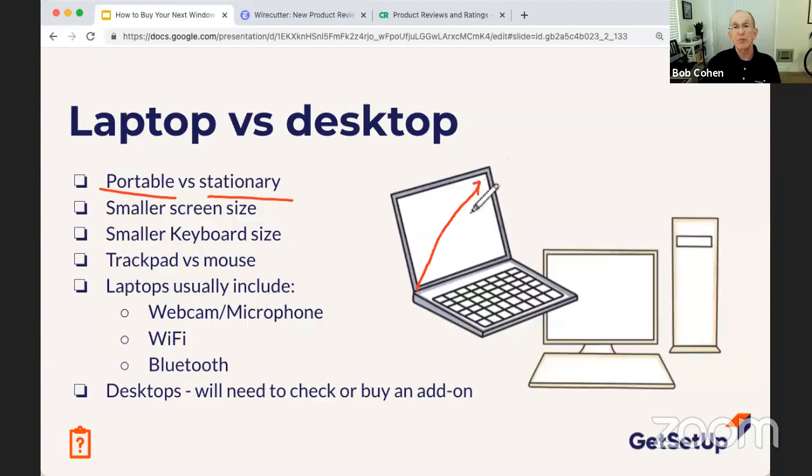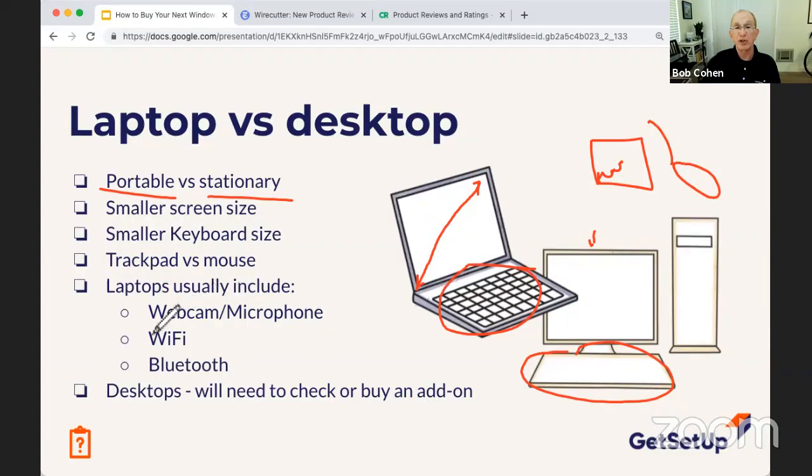Some desktops have the ability, you can get a separate monitor, so you can get a bigger screen. The keyboard might be a different size than a desktop keyboard. You might have a trackpad, where you use your finger to move things around, versus a mouse that's connected and you can grab it and move it around.